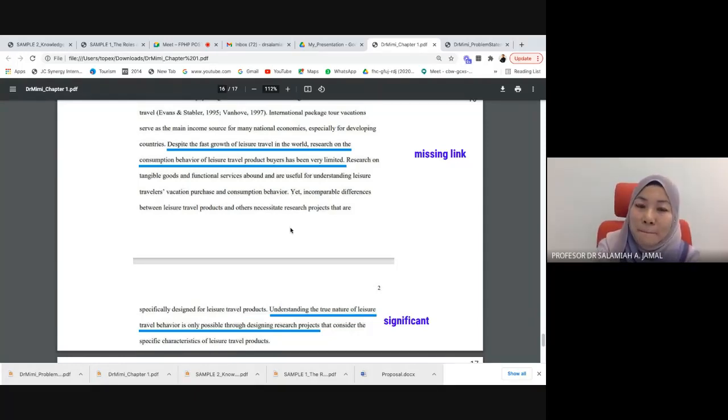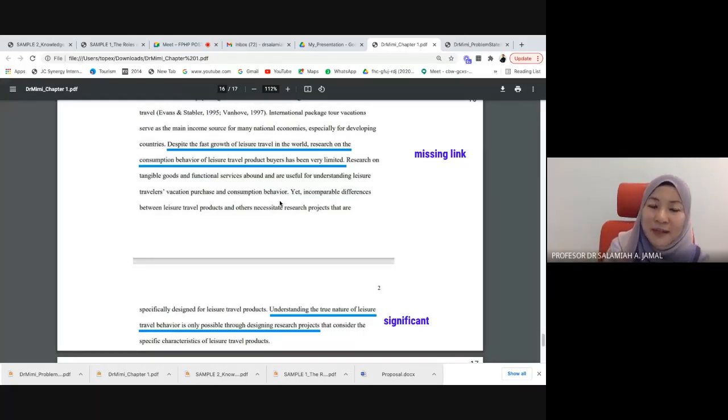And of course, when you construct the statement of the missing link, the research gap or the issues, before you claim that this area is still limited, or this variable or element is still scarce, there's still missing figures, for example, and things like that,